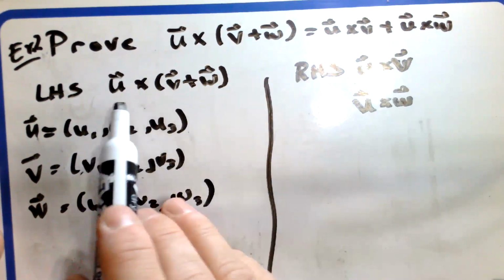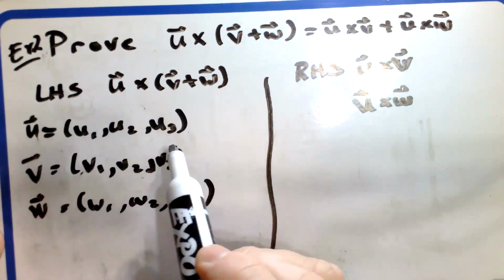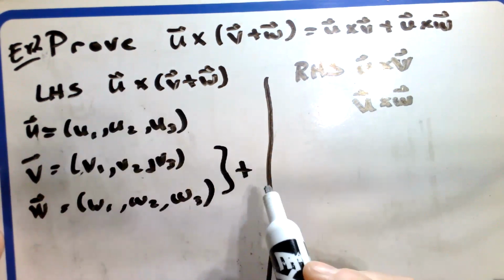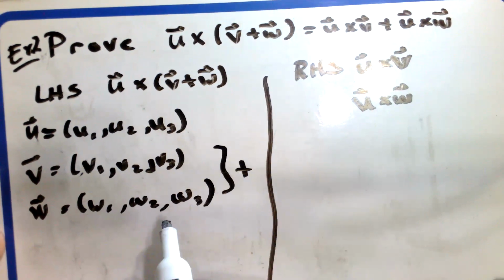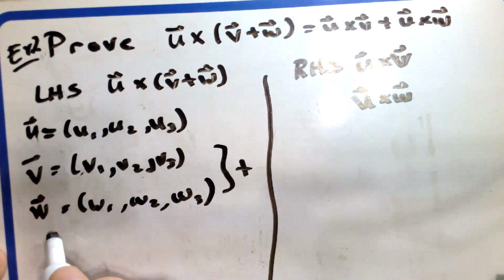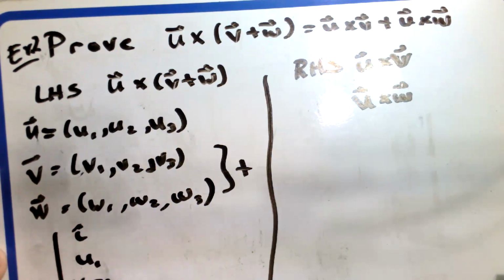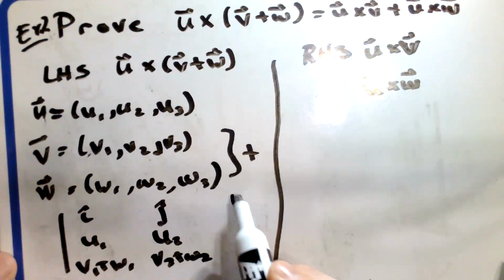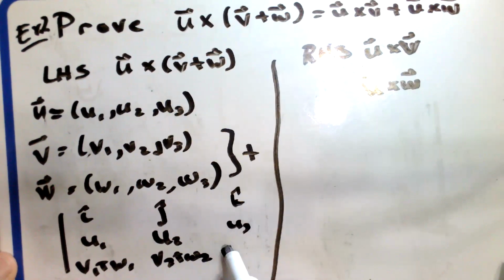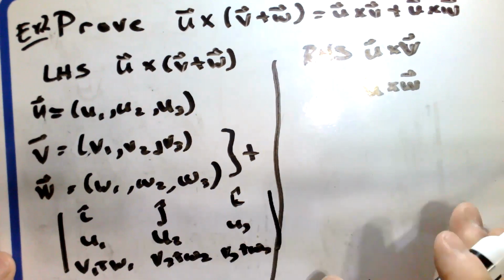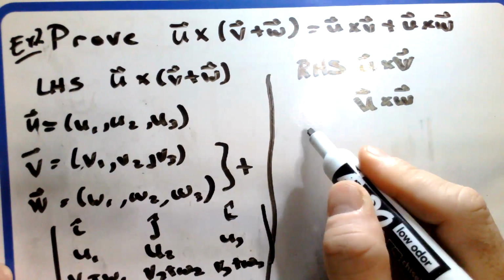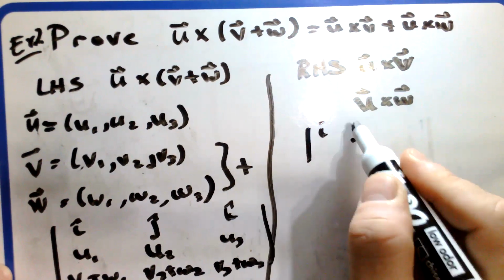So then what I would suggest doing is, on the left-hand side, adding these two together component-wise. In the resulting cross product, you would have i hat, U1 and then V1 plus W1; j hat, U2, V2 plus W2; and then k hat, U3, V3 plus W3. Okay, and then compute that out, and then simultaneously over here, compute the cross product of i hat, j hat, and